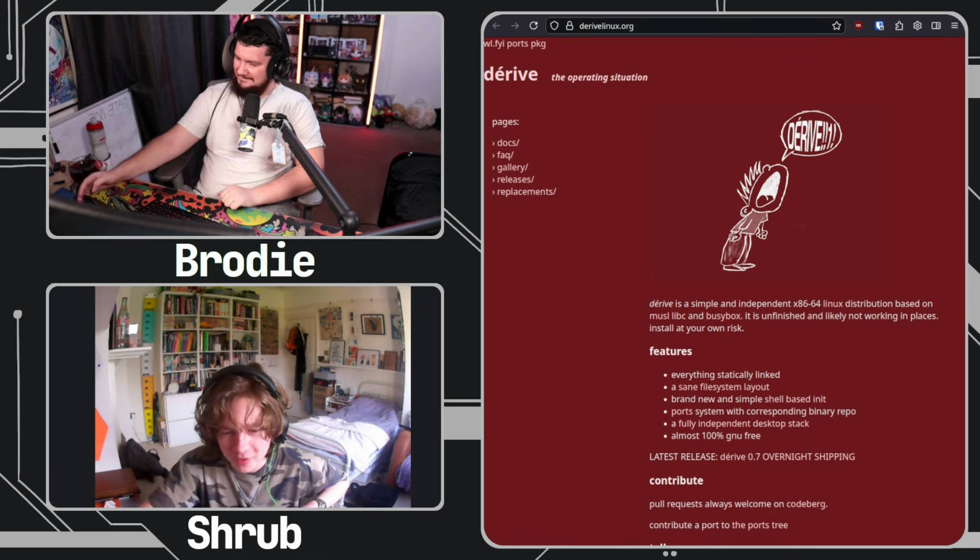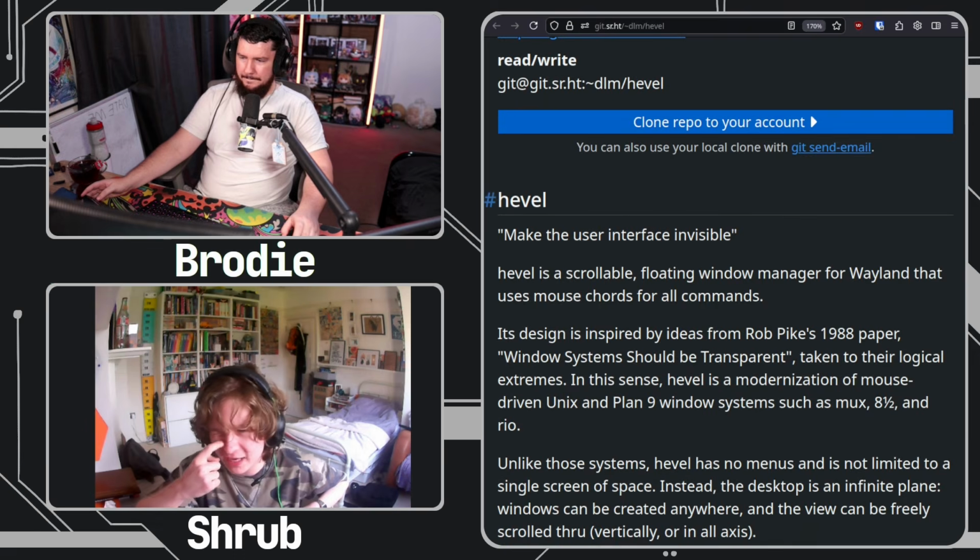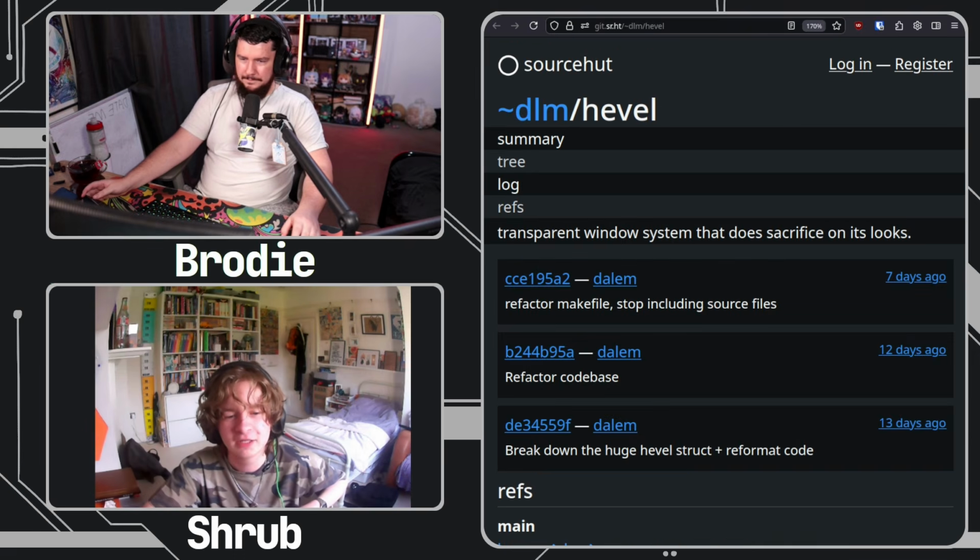So the way it started is with Hevel. You mentioned it in the video that you made. Originally the project was just Hevel, and we bundled a modified version of SWC inside the Hevel repository. Then eventually we started making so many modifications and improvements to SWC that we decided to make a new repository just for that. SWC is layered on top of something called WLD, the Wayland drawing library, so we also made a repository of the changes we made to that, and we called them new SWC and new WLD. Those are on my SourceHut page.